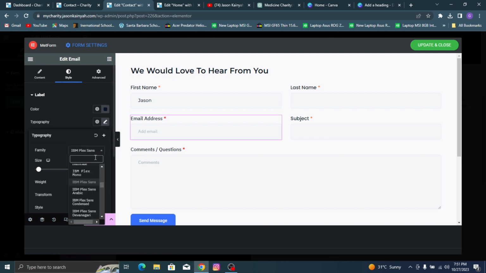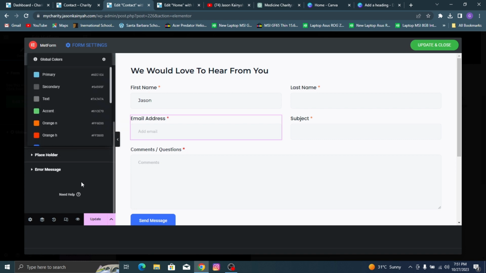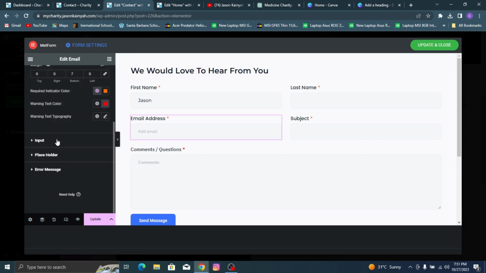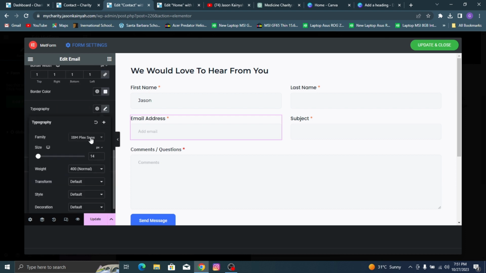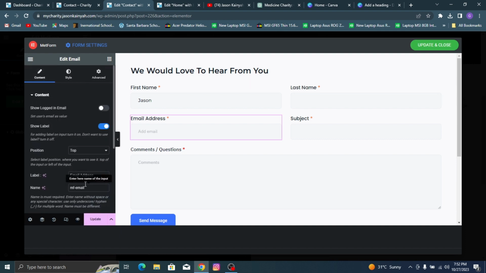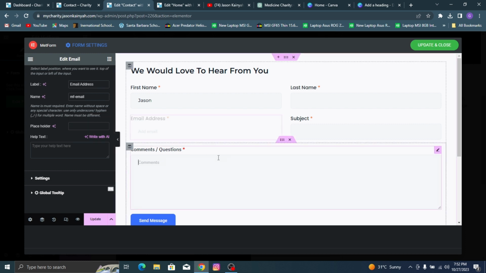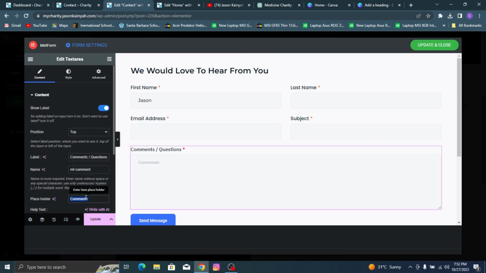I'll change this to Poppins, and then the required indicator color, I'll make this our orange normal, and then the input will be Montserrat with the size 16 with the weight 500. Then I'll go back to content, then I'll clear what's inside from there. Then the last one is this one. So we are going to change the placeholder text to your message. Sorry, we are going to change, don't touch this, go to the label and let's change it to